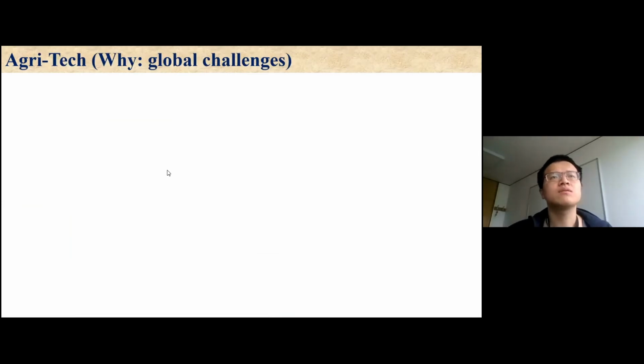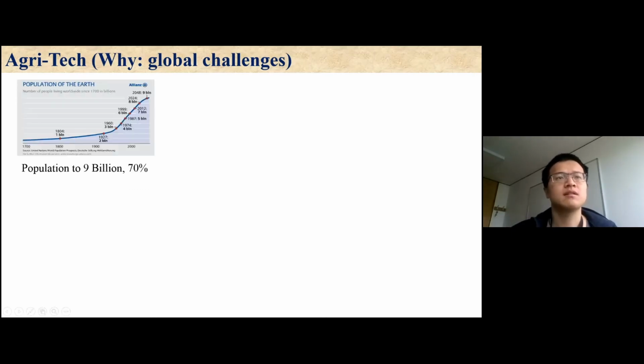So why do I do research in agriculture? Agriculture is facing a number of global challenges. Firstly, it's predicted that the world population will increase to 9 billion by 2050, resulting in a 70% increase of food demand.